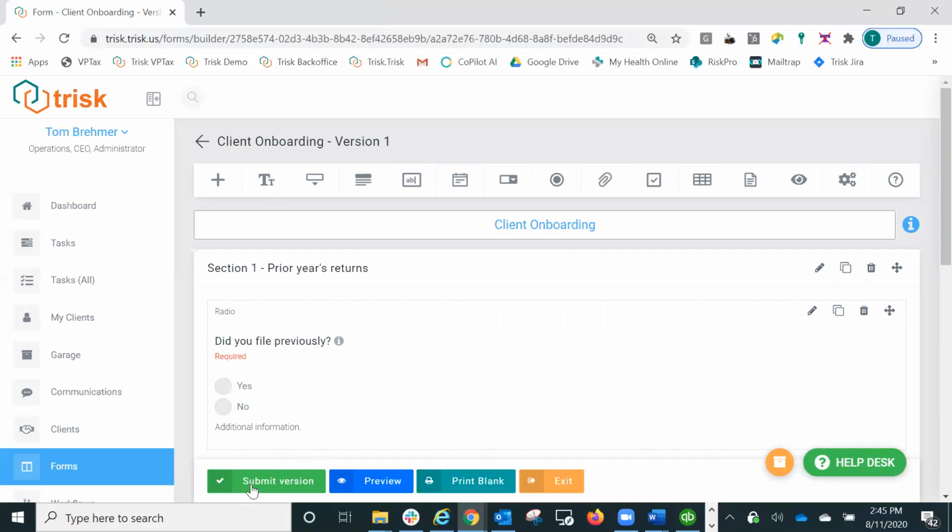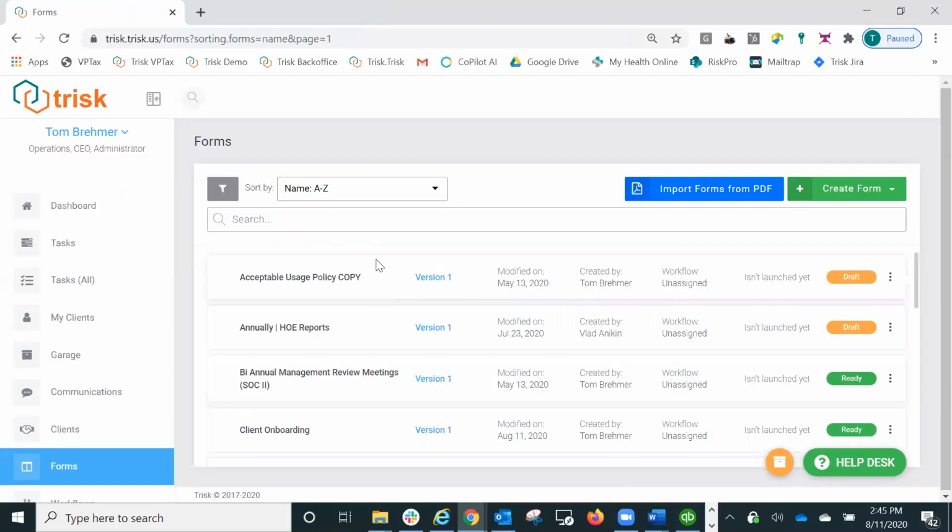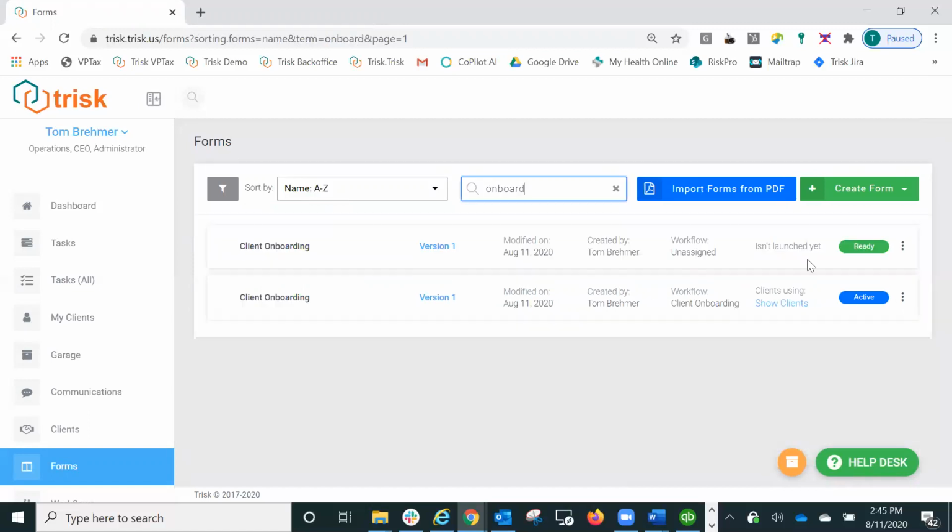Once that's done, you save the version, and anytime you can access it by searching. And there's the form. This is the new one we just created, hasn't been